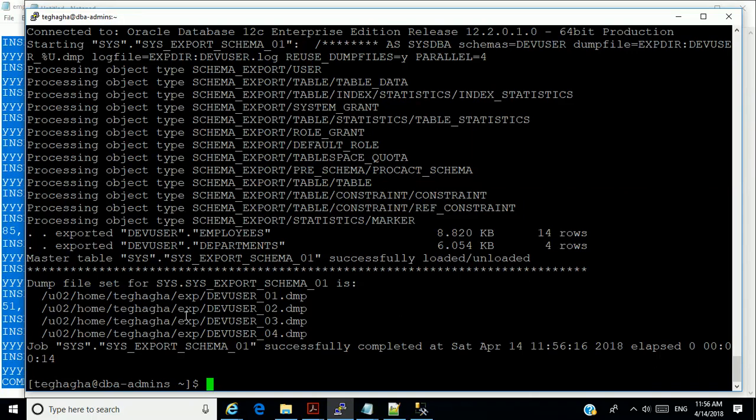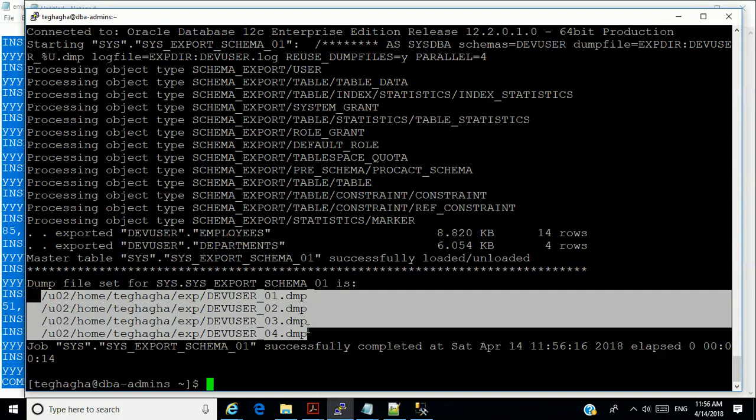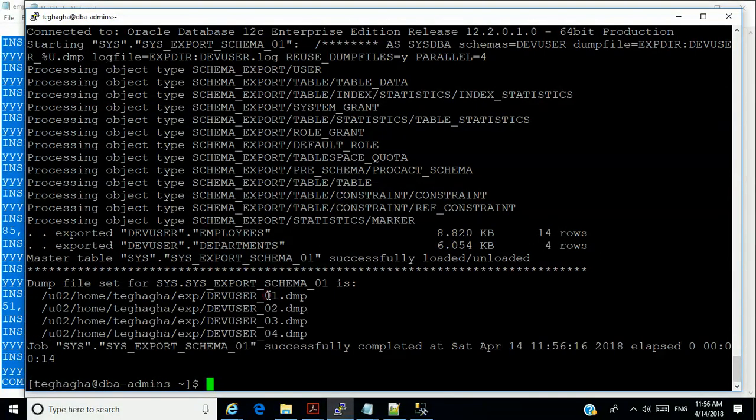Have you noticed something interesting? Yeah, that 4 files were generated. Okay. And it went with the naming convention 01, 02, 03, 04. That's the use of that parameter.